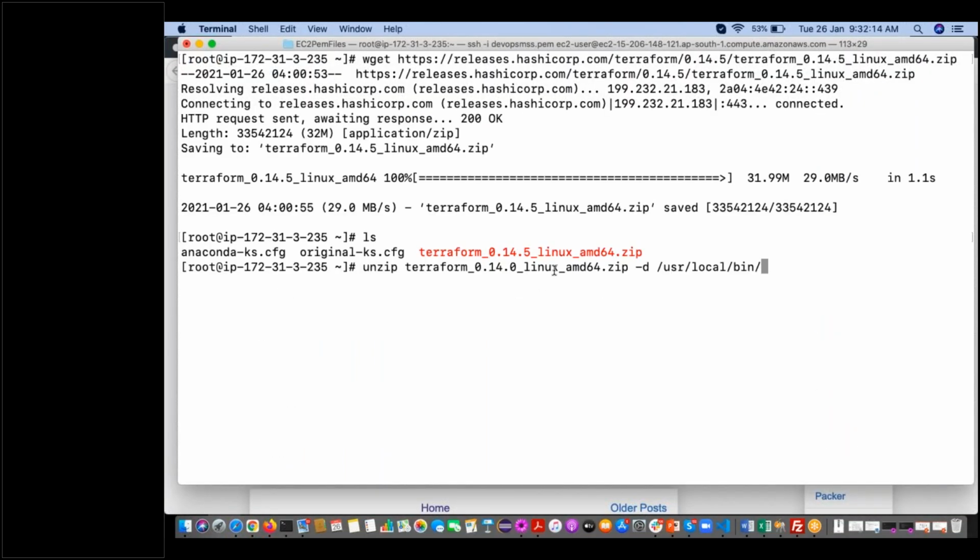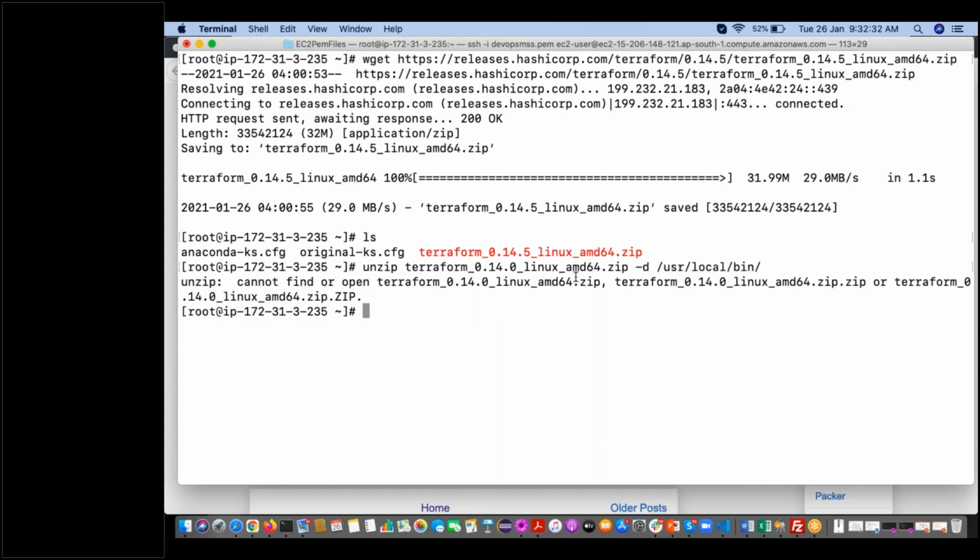If you want to extract into some other directory, we use -d and specify that directory path. If you don't specify -d and the directory, it is going to extract into the current directory.